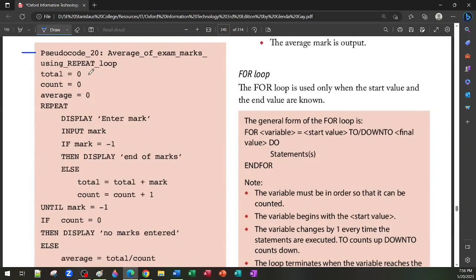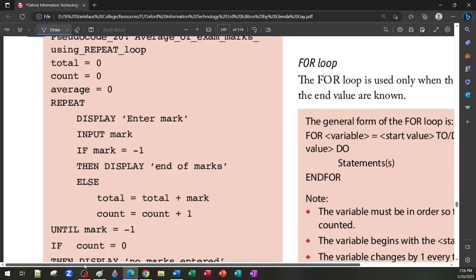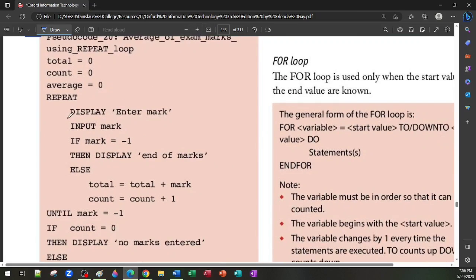All right, so we're looking at the repeat loop. Same basic example. Remember, the condition is at the end. So let me zoom out back. We have 3 variables at the top here. We have repeat. We're going to prompt, so enter mark. I'm going to enter 40 once again. We're going to store 40 into mark. Now, if mark is equal to -1,